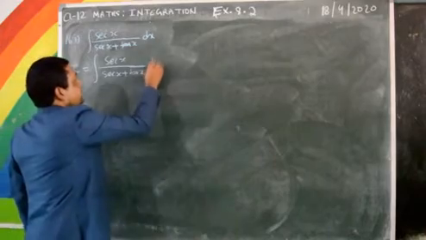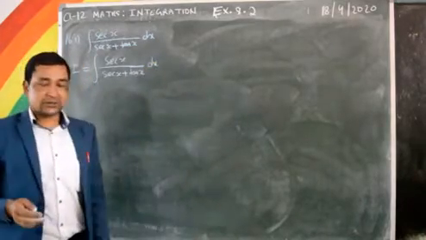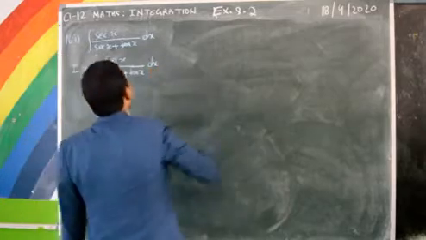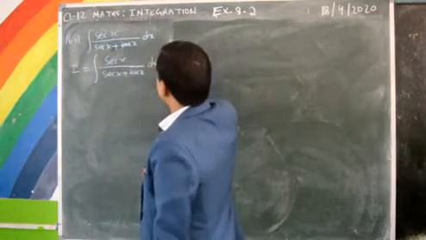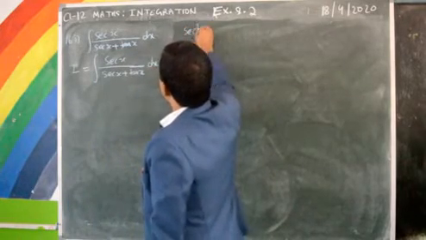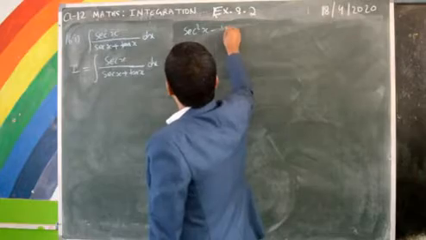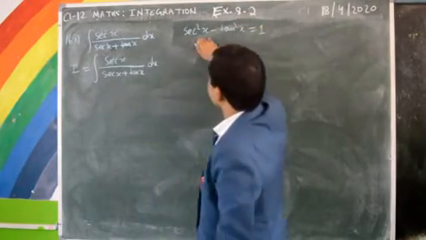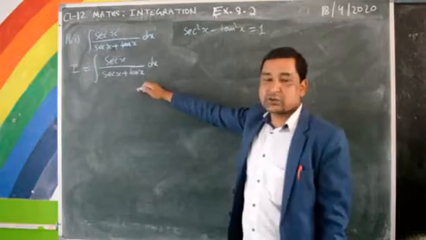According to formula, we have a formula in terms of sec x and tan x. So you already learned in the lower classes. To remind you, I am going to write the formula first: sec square x minus tan square x is equal to 1. According to this formula, we will simplify this question.